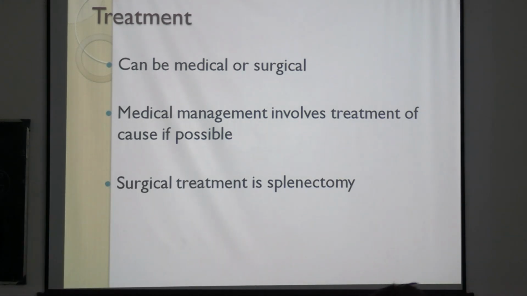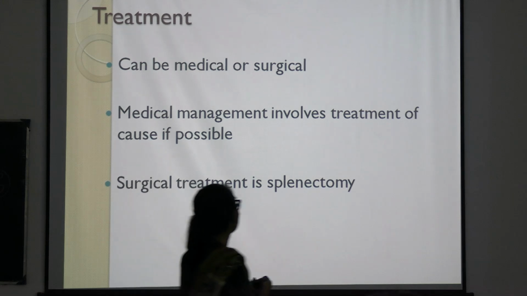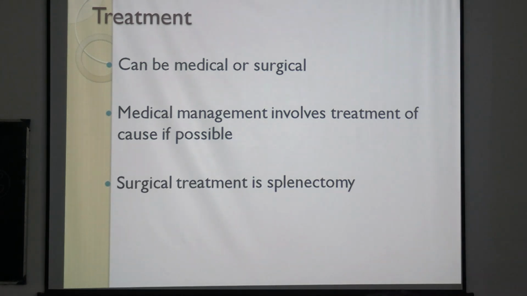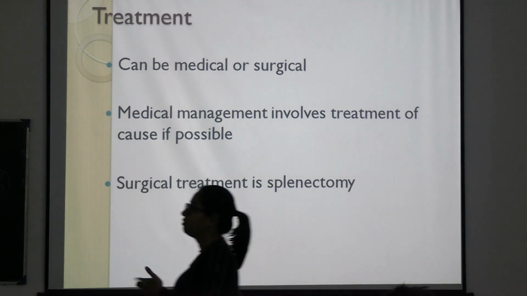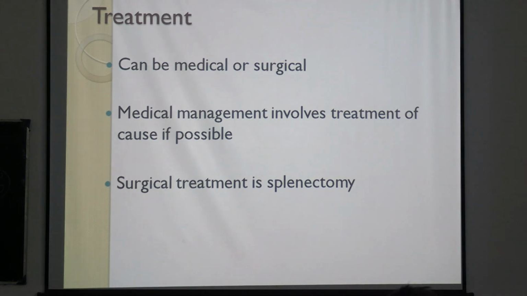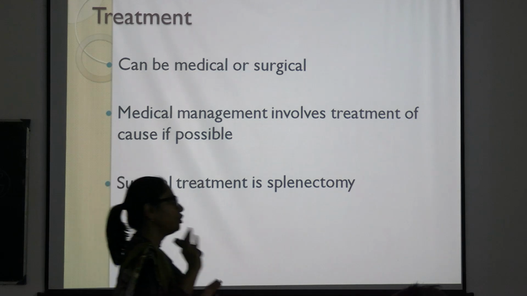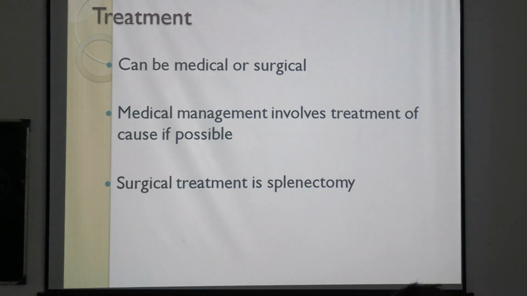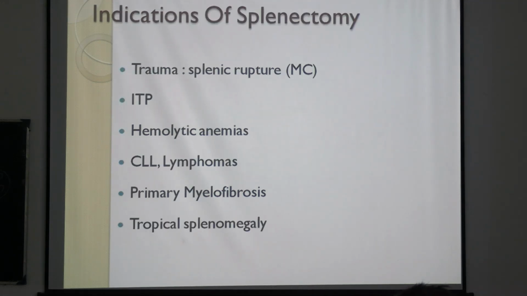So what do you do if there is a massive splenomegaly, most of the times? Many times you are going to do splenectomy. Tell me one indication where you are going to do splenectomy. Very often we do it in road traffic accidents with a ruptured spleen. There is grading of splenic injuries, and according to that grading, if surgery is required, you're going to do splenectomy.